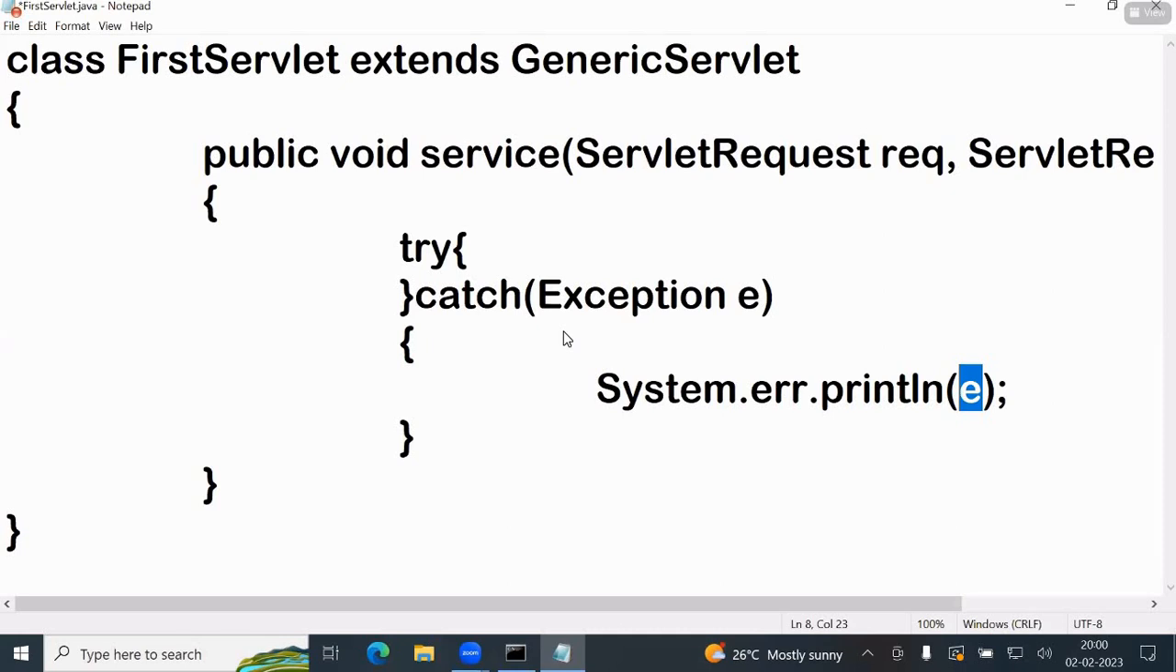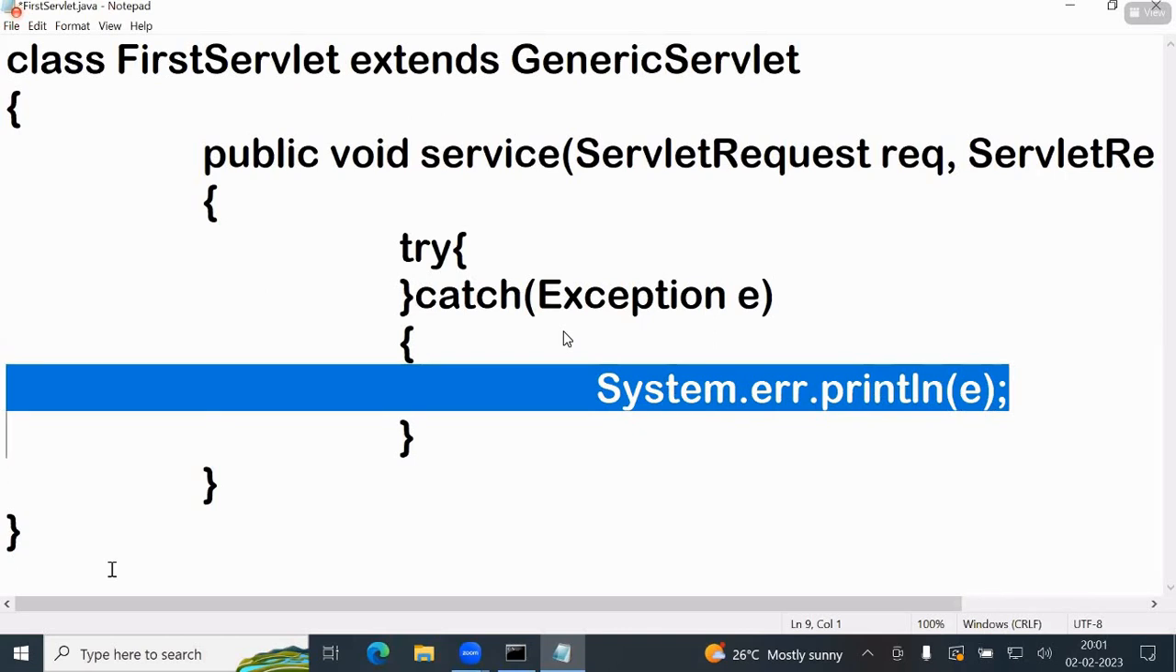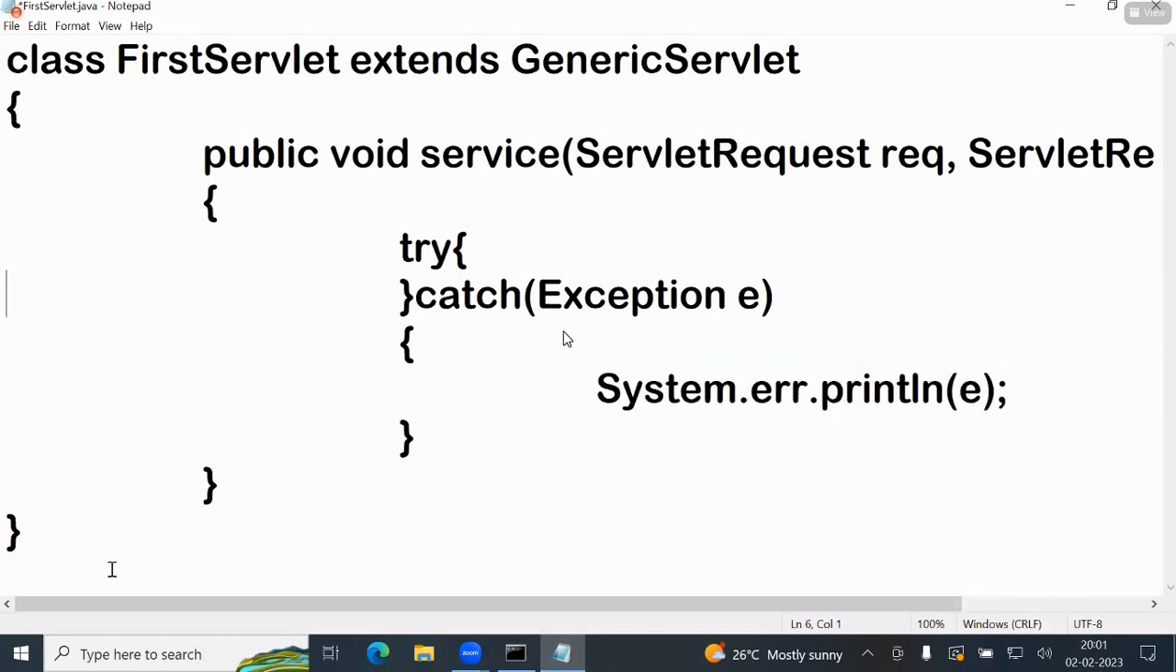Not Object class, Throwable class. Instead of this, you can go for printStackTrace. That is also okay. This is common code. Now,